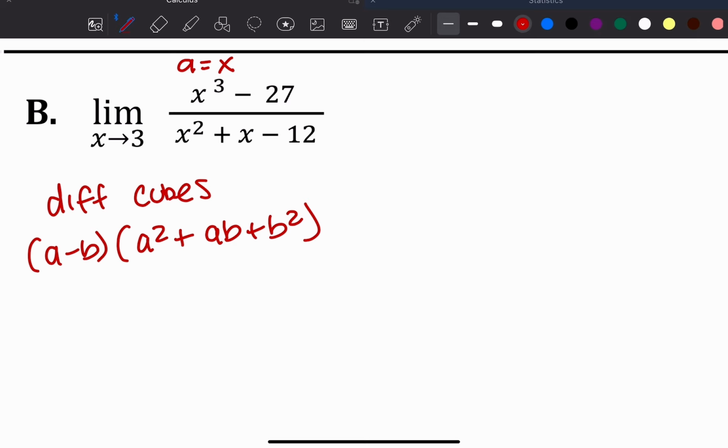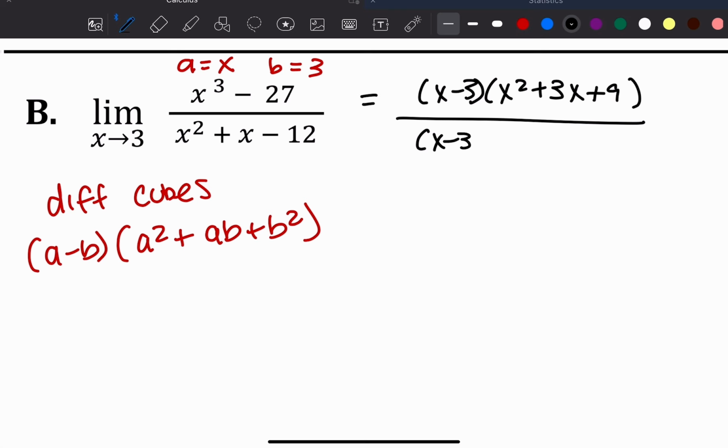So for example, a would be x, because the cube root of x cubed cancels out the exponent. And then b would be 3, because the cube root of 27 is 3. So if I were to factor this, this would be x minus 3 times x squared plus 3x plus 9 over x minus 3 times x plus 4. The x minus 3 would cancel out, so I would only be finding the limit as x approaches 3